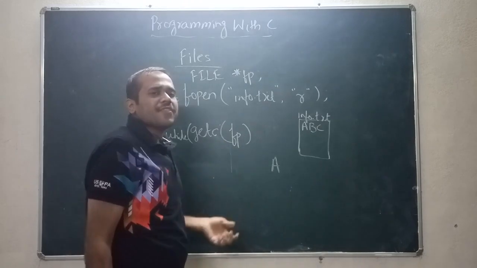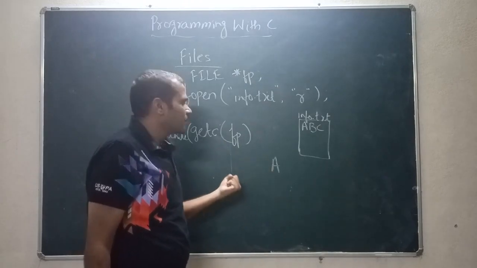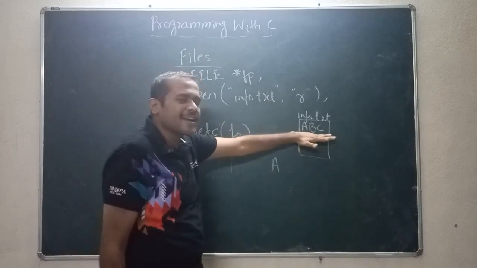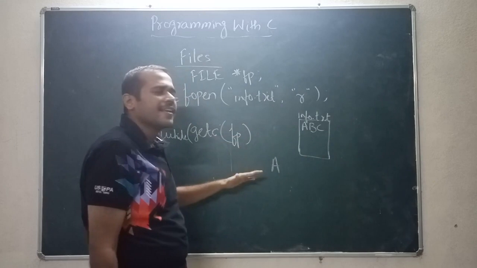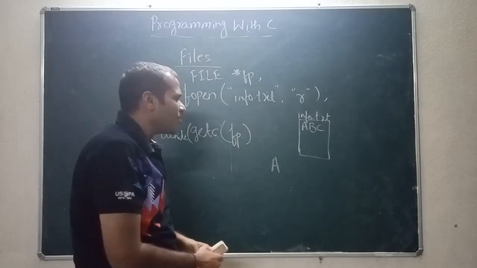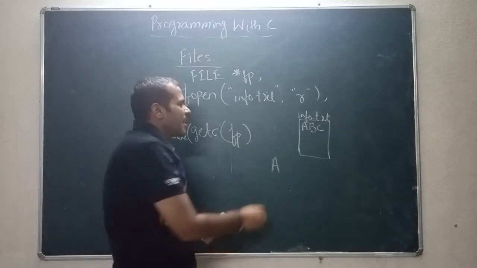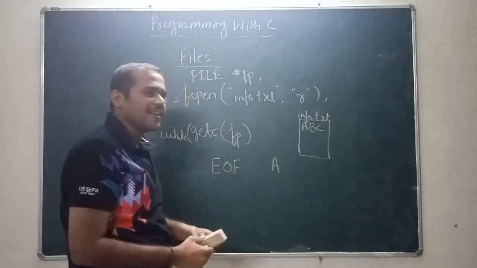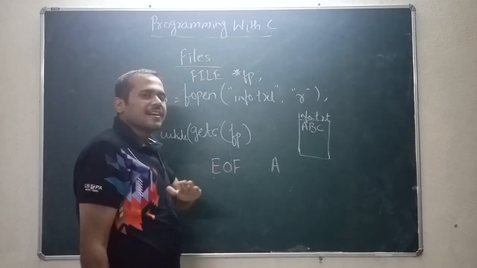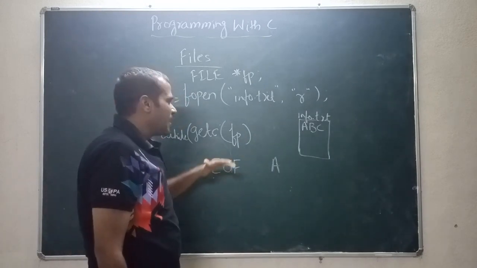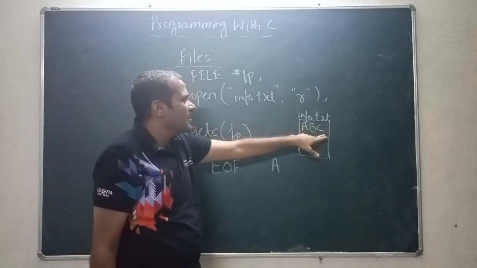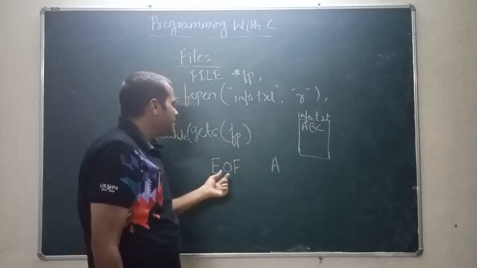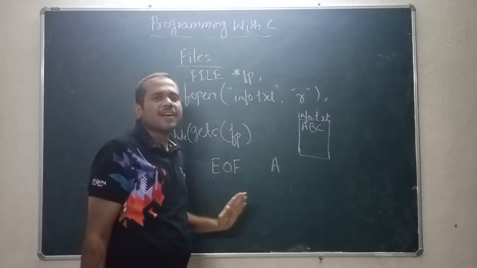Up to where will this getc function execute? We don't know. If we execute now, the compiler does not know that there are only the characters a b c. So I need to end the loop. How? The getc function returns end of file, which indicates the completion of the data. If while fetching, the getc function gives an end of file indication, that indicates that it is the end of the content.